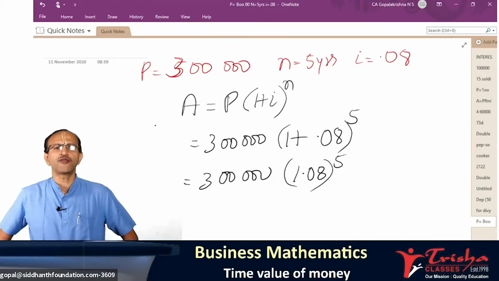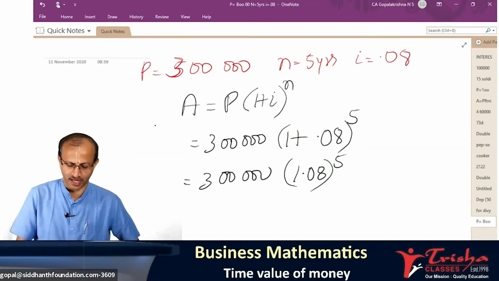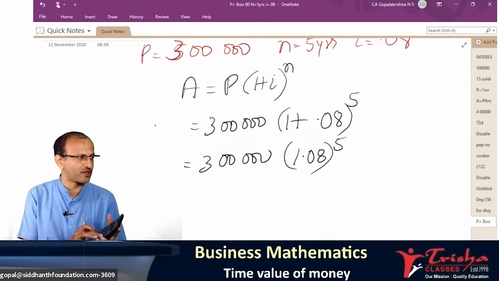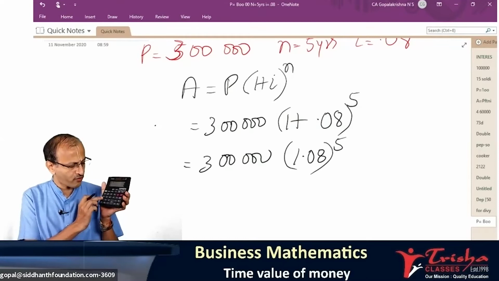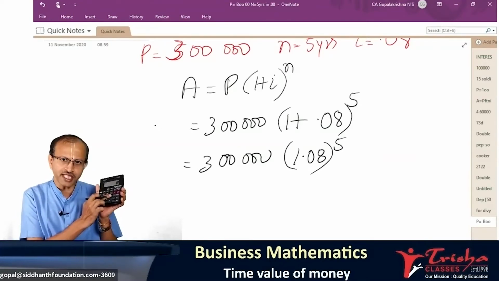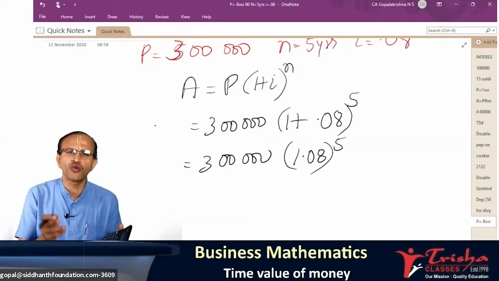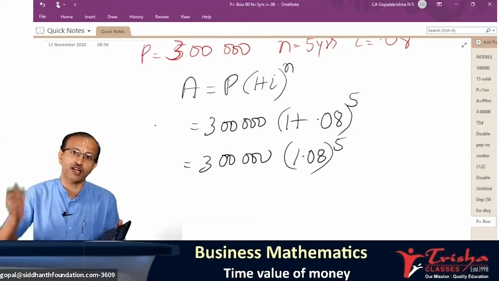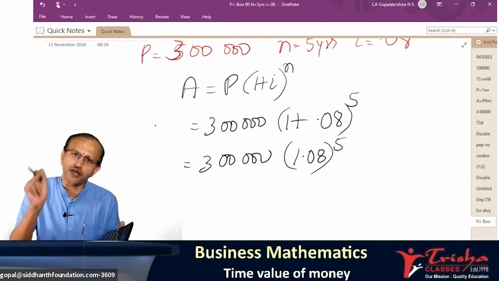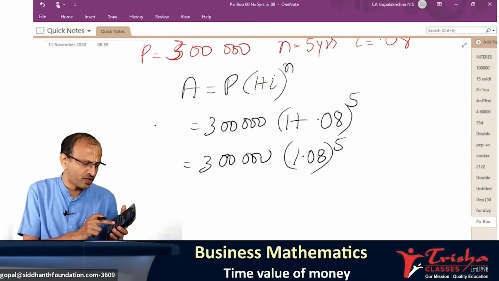I will tell you one more idea to work out 1.08 to the power 5. I'll give one more method. All of you have a calculator with you. You might have learned, still I wanted to explain. You have to take 1.08, then press into 2 times. Will all of you do along with me? For 2 years, 3 years, no problem. But for 25 or 30 years, it is a problem to work out 1.08 into 1.08 into 1.08. So what you should do is 1.08 into 2 times.